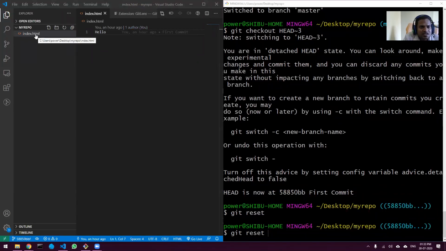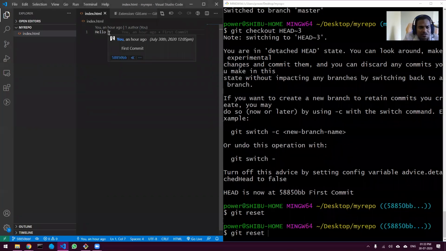All the changes are done in the git repo only. You can change the code over here and then commit again. That is the option you get when you do git reset. The advantage is that it is non-destructive because the code is not completely vanished, it is there. So you can always commit again and get the code.